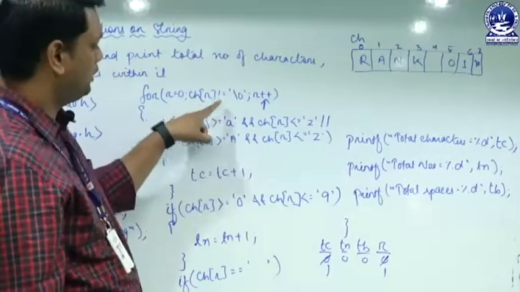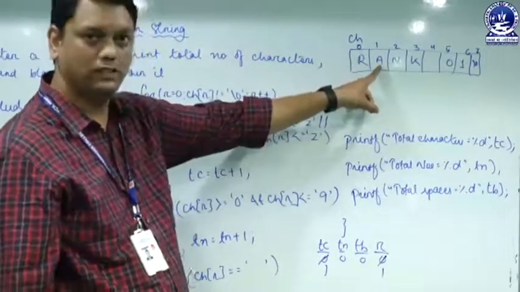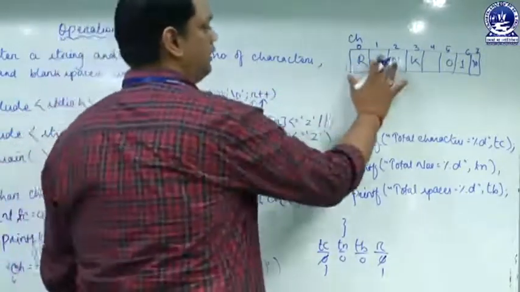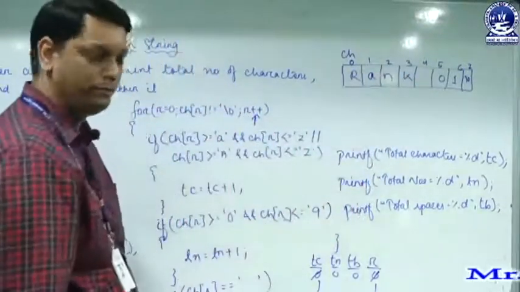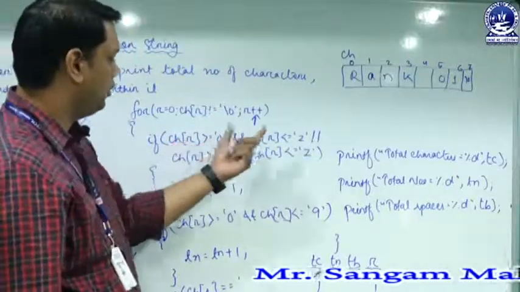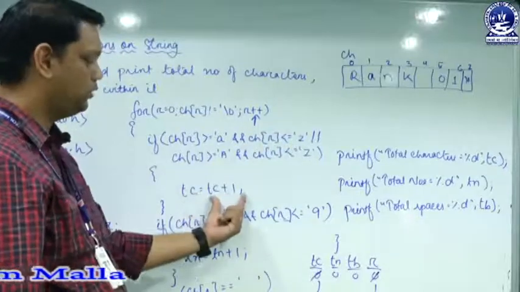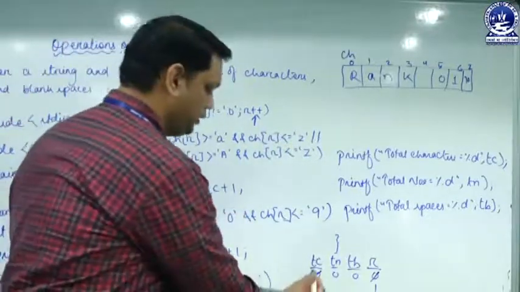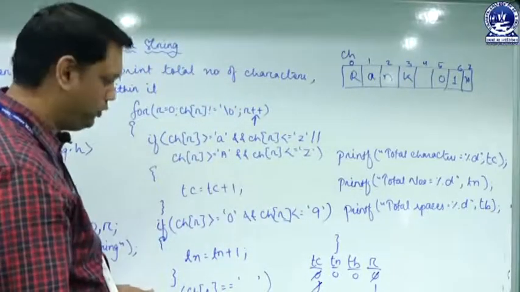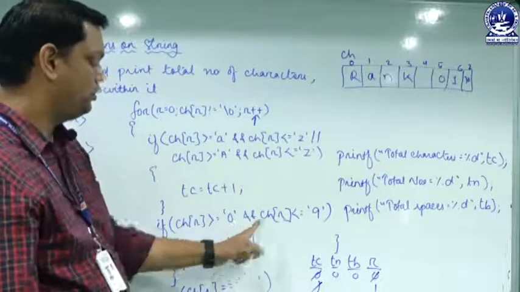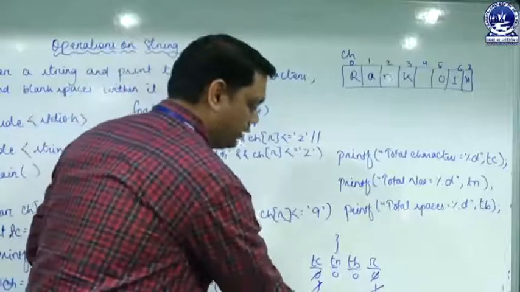Now it will check CH of R is not equal to backslash 0. No, CH of 1 is not equal to backslash 0. Here I have written small a. Here first it will check whether small a lies between A to Z. Yes, the condition is true. It will enter over here, TC equals TC plus 1, so 1 plus 1 becomes 2. But these two conditions will not be satisfied because a does not lie between 0 to 9 and a is not equal to blank space. Again it will come to R plus plus, and R value will be incremented to 2.